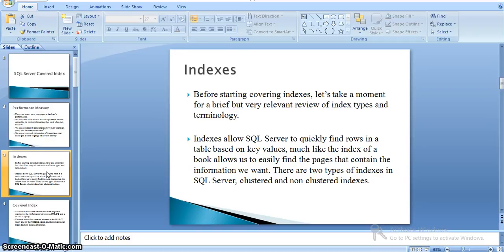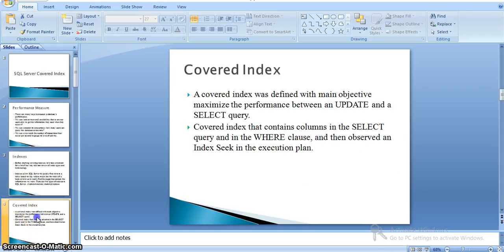Here I will explain the types of indexes and their purpose. In SQL Server, to find the data quickly from the tables, we use clustered and non-clustered indexes. It works like searching for content in a book. In general, if you see a book, there would be an index. That index allows us to easily find the pages that contain the required information. The same criteria apply in clustered and non-clustered indexes. And coming to the covered indexes,